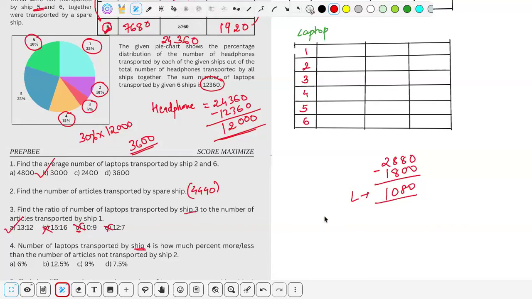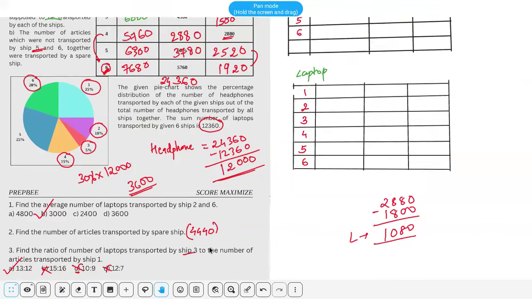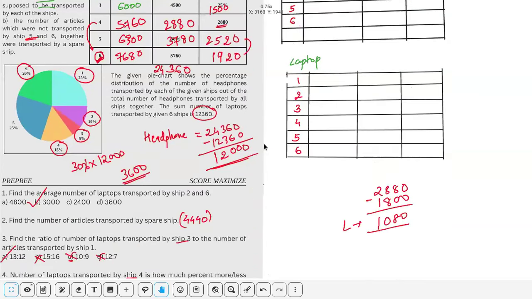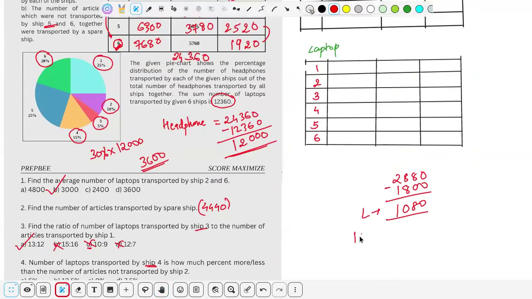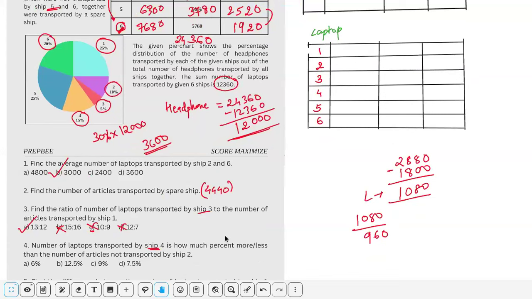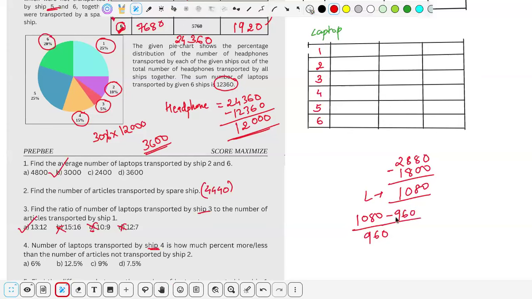Is how much percent of the number of articles not transported by ship 2? Number of articles not transported by ship 2 is 960. So 1080 upon 960. How much percent? More or less, so simply subtract it. You could simply see it is more, not less, तो less तो option रहनी चाहिए, more है. ठीक है. Okay, comparison में तो या